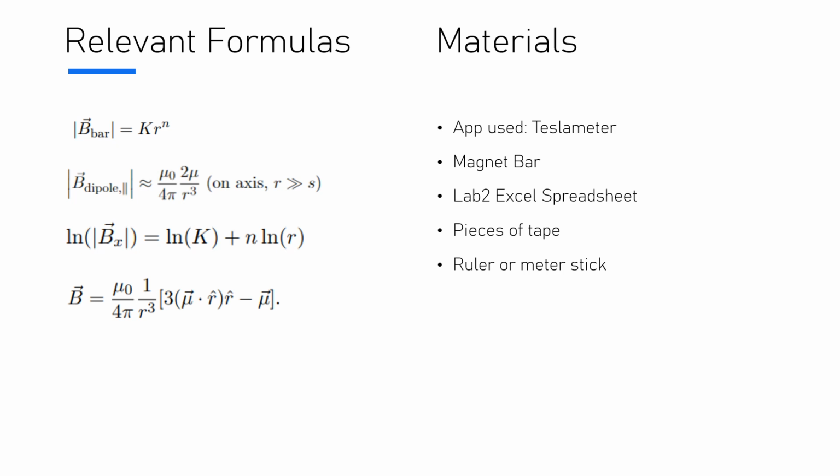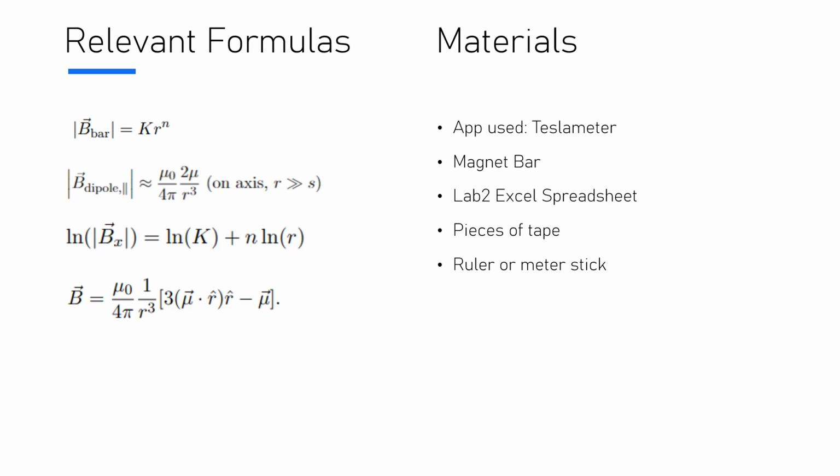On your left, you can see the list of the different versions of calculating a magnetic field: for a bar, for a dipole on axis, the linearization of the x component in the magnetic field, and the last formula is the one to calculate the magnetic field off axis. For all calculations, we used the app Teslameter. We of course had our bar magnets. We used the Lab 2 Excel spreadsheet that will allow us to obtain specific values to calculate the magnetic dipole moment. We also have pieces of tape that we used on our cell phone and a ruler or meter stick